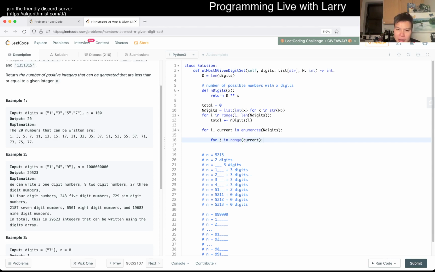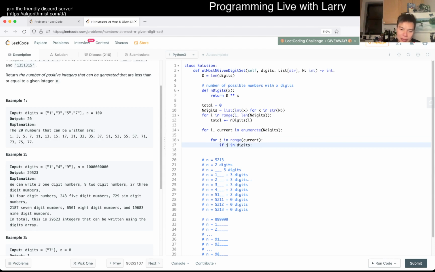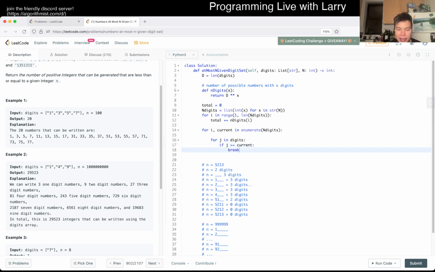We don't want this to be inclusive, but then now we go if j is in digits, which is kind of awkward. Maybe we could have done a for loop for j in digits. Okay, fine, let's do it this way. Digits, we know that is sorted, for j in digits. If j is greater than or equal to current, we break, because then now we,